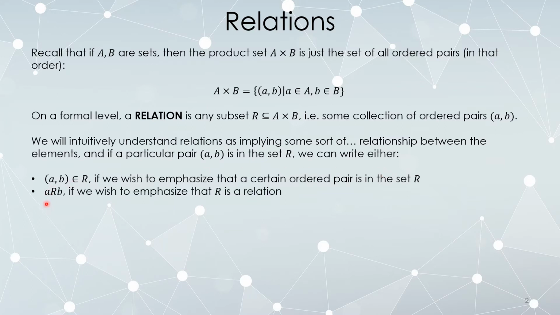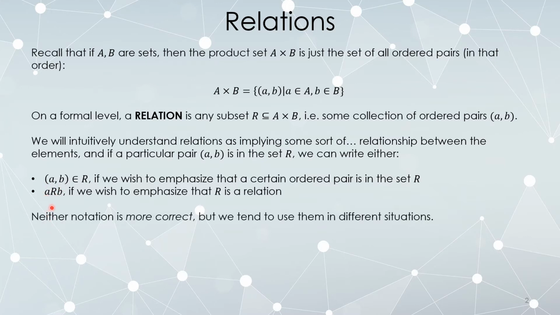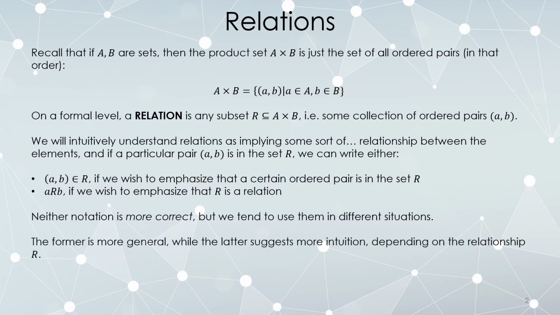When we have a relation that implies some sort of meaning, and we want to understand it on that level, we can say A R B. Notice there is an order to this. Because an ordered pair has a left and a right, we preserve that order here. Neither notation is inherently better than the other, they're just used in different situations. So the former notation is our general set theory notation, but the second one suggests more of a relationship between